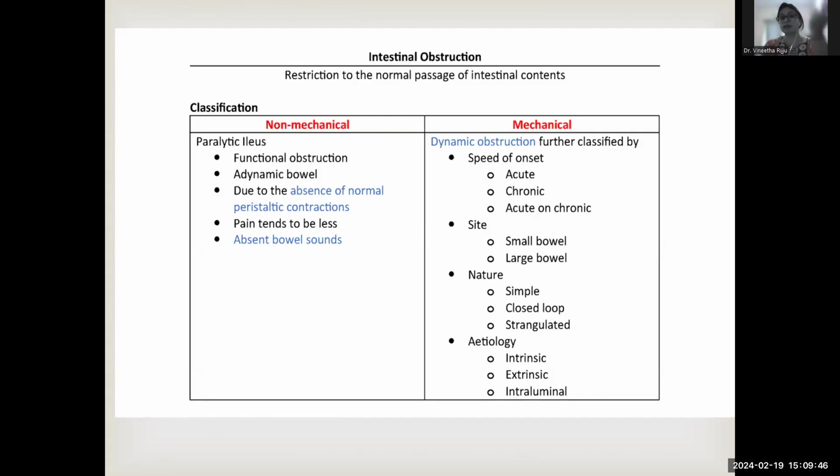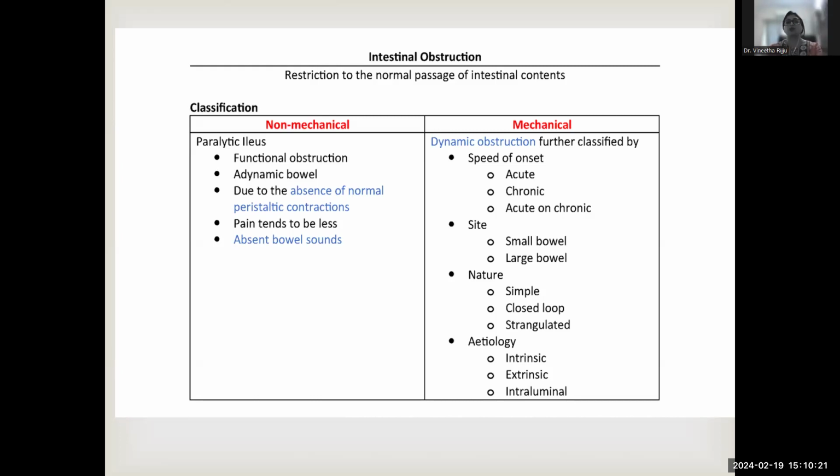So that we would call as mechanical. Well, if the intestine as such is not able to push the fecal mass forward because of some mechanism... Does someone want to say something? All right. So if there is a mechanism where there is no movement of the intestine to push the fecal mass forward, there's a loss of function. That's when we call it non-mechanical.